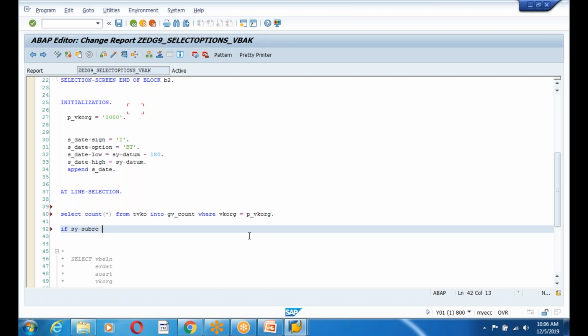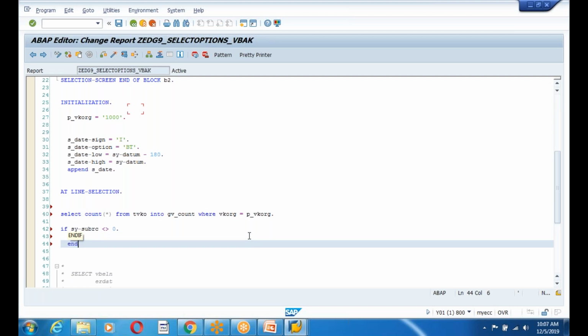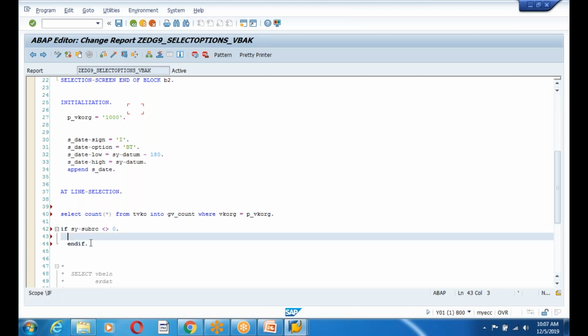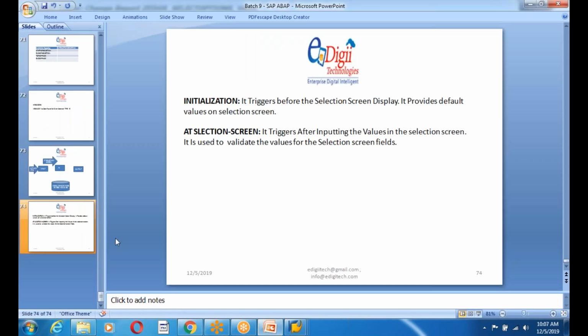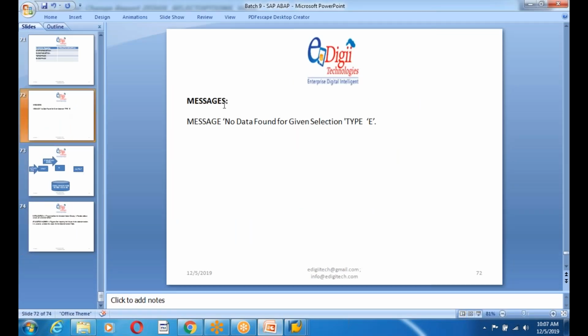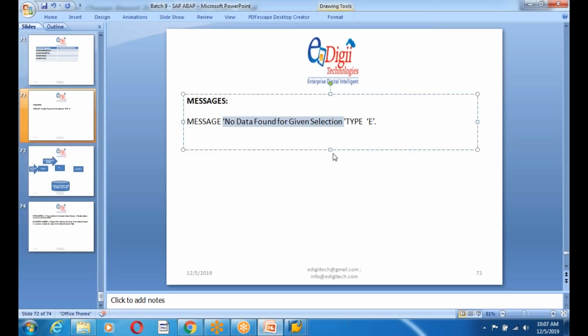But if the record does not exist, not equal to 0, you can put any, guys, or else you can use this also. Less than greater than is the not equal to symbol. Not equal to 0, and raise an error message, guys. And if I'm going to raise an error message, see, I have given a syntax for how to raise messages. See, message, no data found,